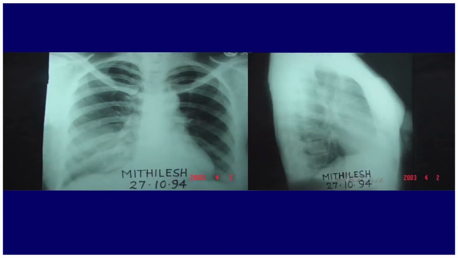There is a middle-aged lady who was referred to me for this shadow in the right lower zone, which you can see. But when I examined her, I found nothing in the physical examination. That gave me some doubt what this shadow could be. So, then I got a lateral view done, and ideally this shadow should have been located either in the middle lobe or in the lower lobe, but the lateral view had shown no abnormality.